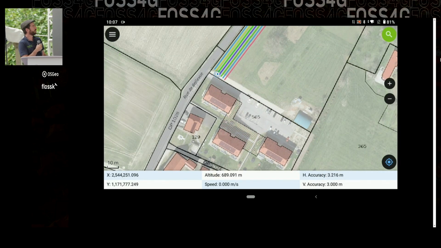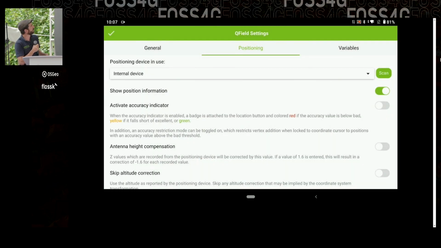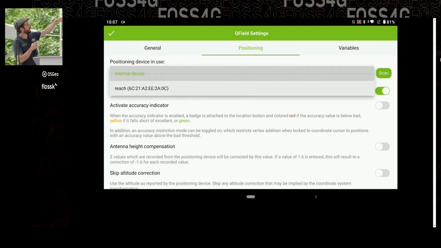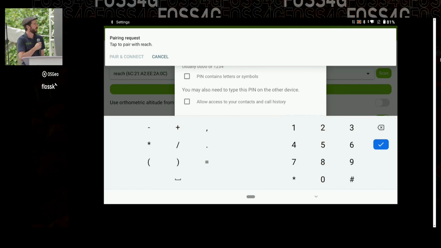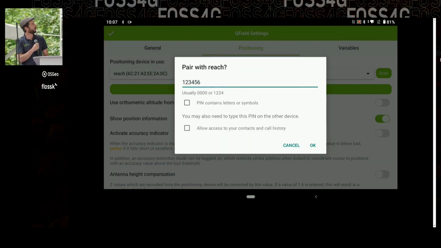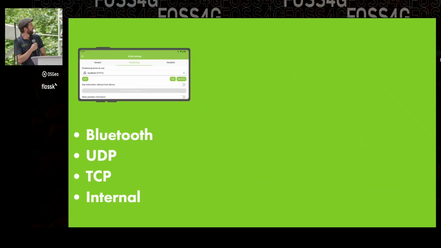There is also a pretty good integration for external GNSS devices, which you can see here. You can attach an external Bluetooth device and then get access to all the high precision information from it. And actually, it's not only Bluetooth, which we've had for quite a while already, but nowadays it's also possible to have UDP and TCP integration, and that is quite cool, because then some manufacturers, some hardware device suppliers, they